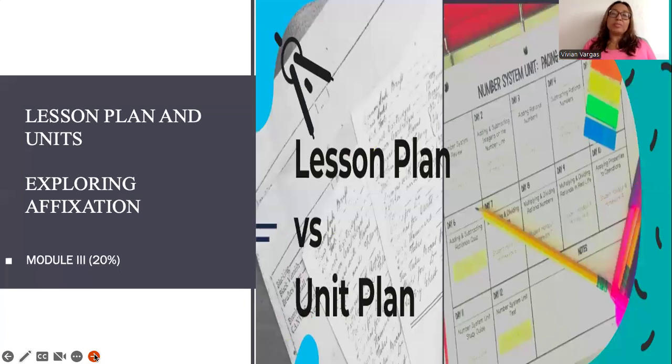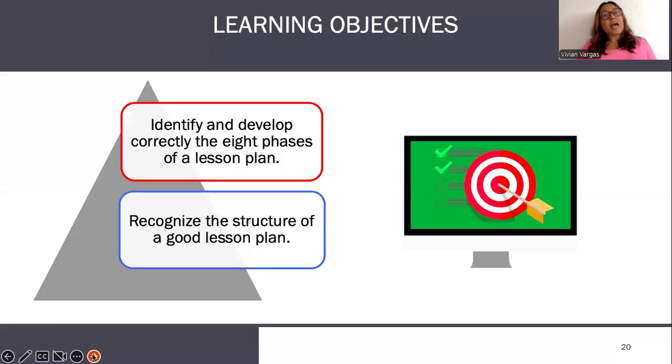Module number 3, it's 20%. And it talks about lesson plans and units, that's going to be class 1, and exploring a fixation, that's going to be class 2. A fixation, what's that? Well, we are going to have the opportunity to see it in our class. Okay, then we have learning objectives